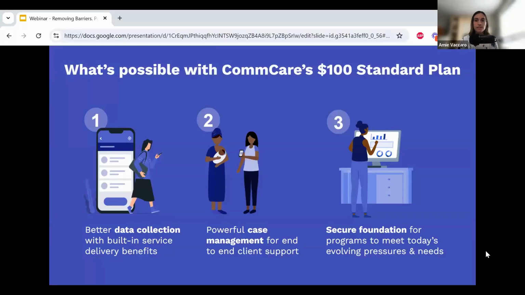The system provides decision support and rich engagement for any setting, even offline. And third, having a secure foundation for programs to meet today's evolving pressures and needs. We've built everything on an open source, professionally managed foundation with dedicated technical support and top tier security that meets the most rigorous standards, including GDPR and SOC 2 compliance.